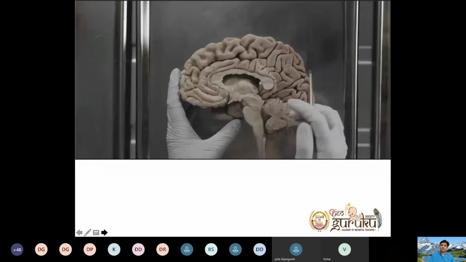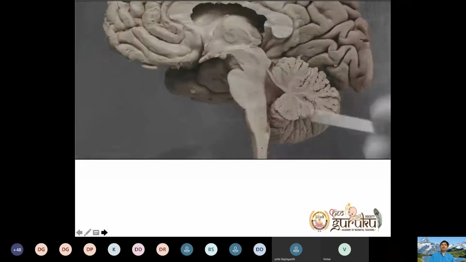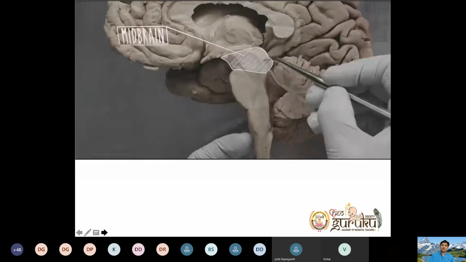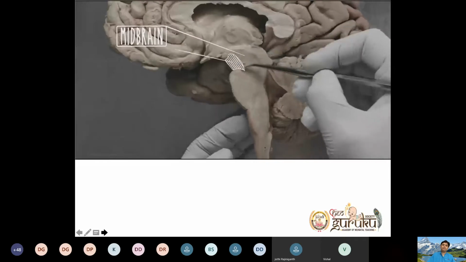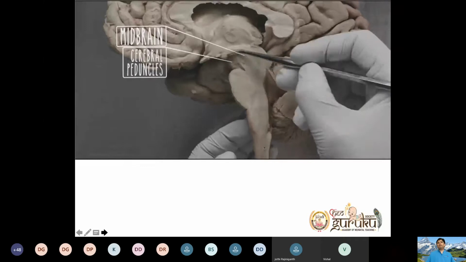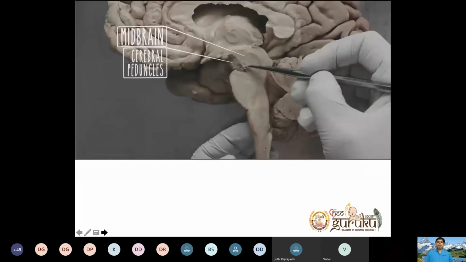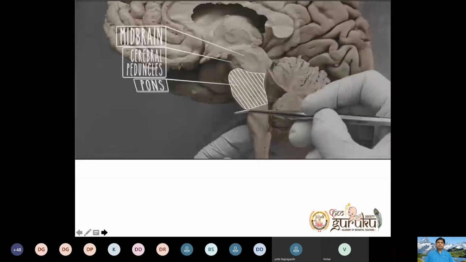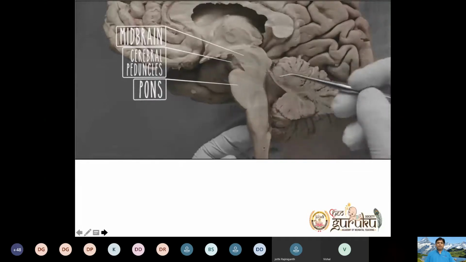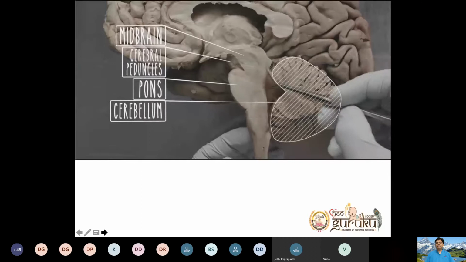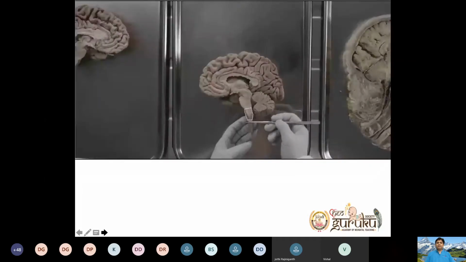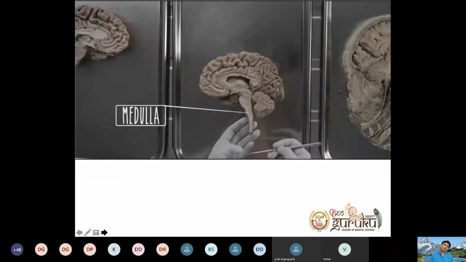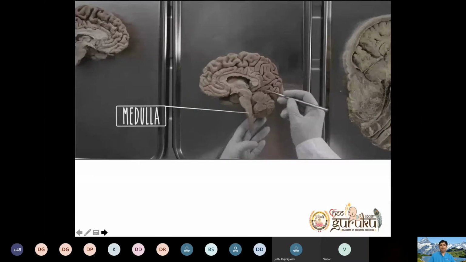Now we'll see this is your midbrain. This is your pons after the midbrain. That is your cerebral peduncle, where your cerebellar hemisphere hugs the brainstem. So this is your pons. Then we have the cerebellum with the fourth ventricle, where it is pointed. So this is your medulla. Below that, till the foramen magnum, is your medulla oblongata, and it continues as spinal cord. So the anatomy is clear.